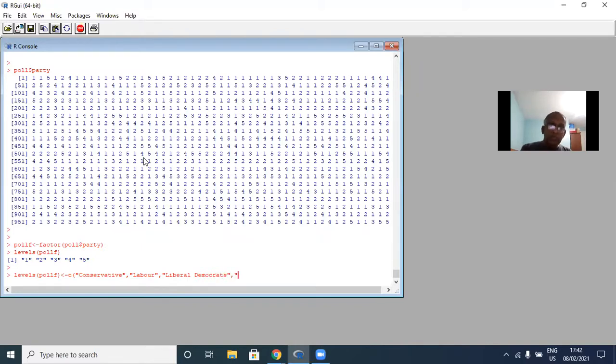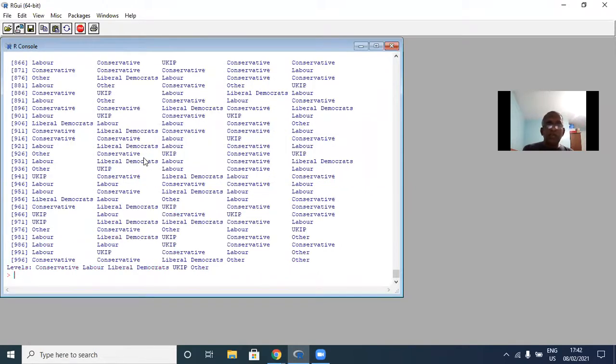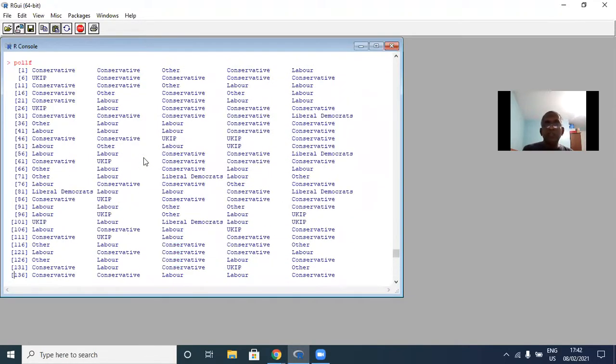The 4 corresponds to UKIP, the Independence Party, and the 5 corresponds to other. Now you should type poll F. You will see the data recorded in terms of parties, not numbers. So wherever there is a 1,